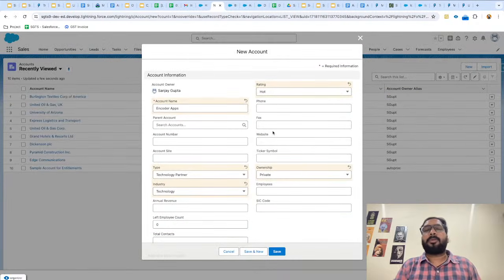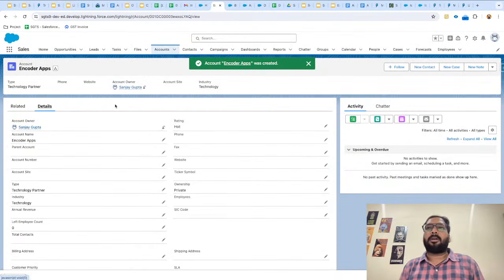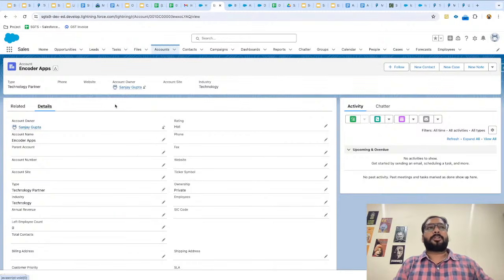So for Sanjay Gupta Tech School, this Encoder Apps is a vendor, and for that vendor I am creating an account, right? I'm clicking on save. So one account record has been created. In my Salesforce org, I have created an account for an organization with which I'm dealing as a partner or vendor.